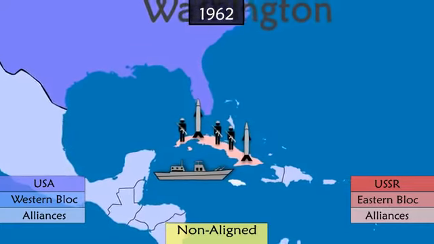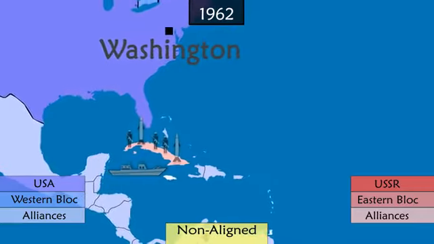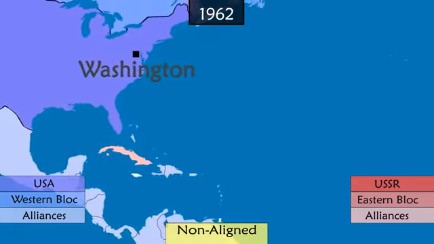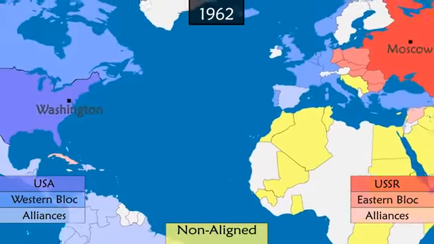But after negotiations, the USSR agrees to withdraw and remove its military facilities if in return the US promises not to attack Cuba and remove its missiles in Europe. This de-escalates the situation.